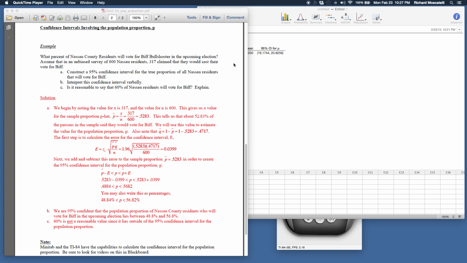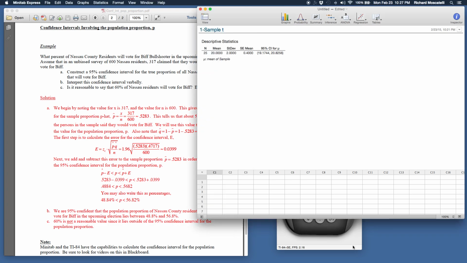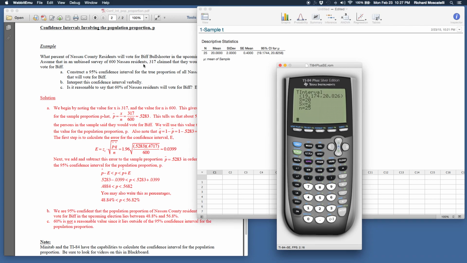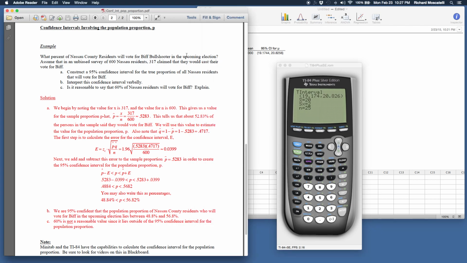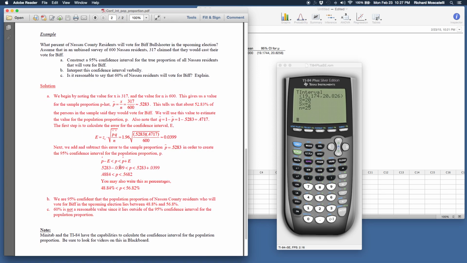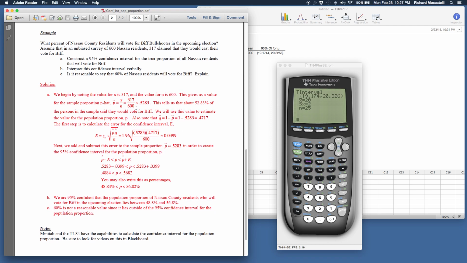Alright, what I'd like to do is show you one last confidence interval, and that is how to calculate the confidence interval for the population proportion P using Minitab Express and the TI graphing calculator. So this is the Biff Bullshooter question that is in the PDF on Blackboard for calculating a population confidence interval using the population proportion. So again, I've run through how to crunch the confidence interval by first getting the error of the confidence interval and then calculating the confidence interval